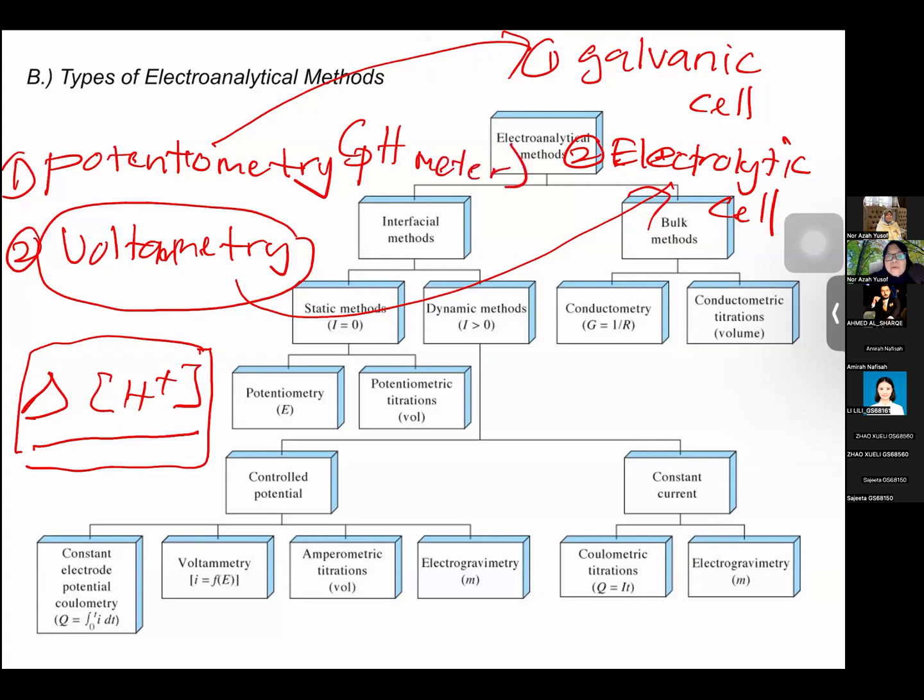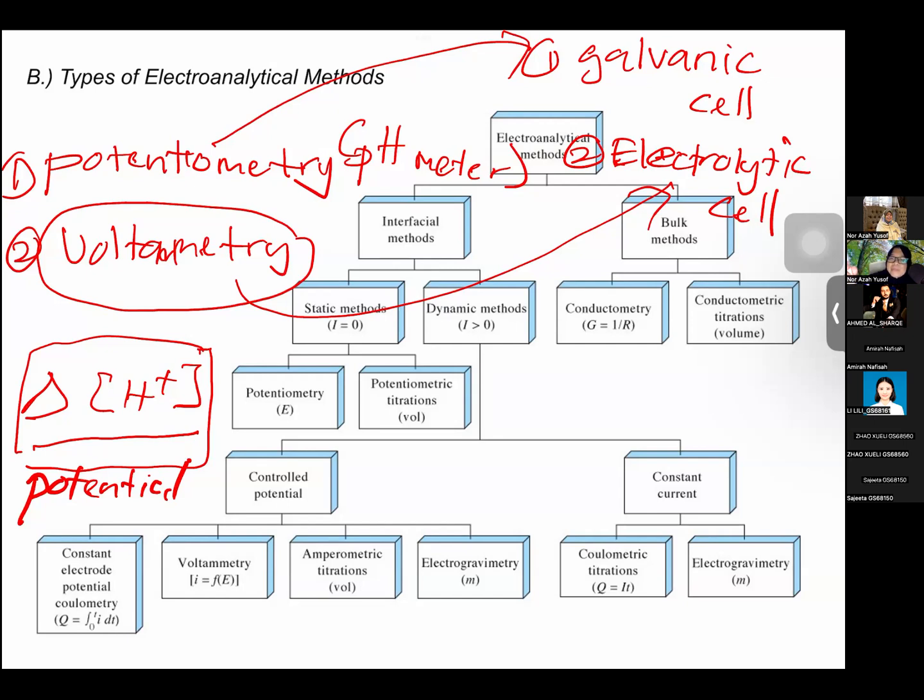Okay. When you put the probe of pH meter inside whatever that you want to measure the pH, the buffer, and you get the reading of the pH, right? It might be pH 7, pH 6. So those pH are actually initially based on voltage or potential generated from the difference of H plus in the probe versus in the beaker. Okay, so the difference of concentration of H plus in the pH probe that you use,